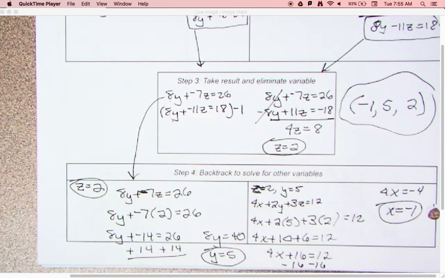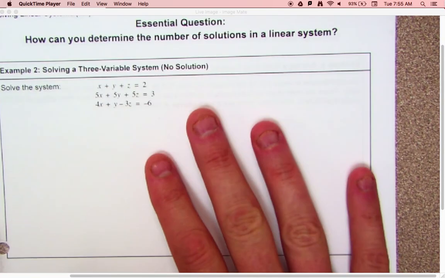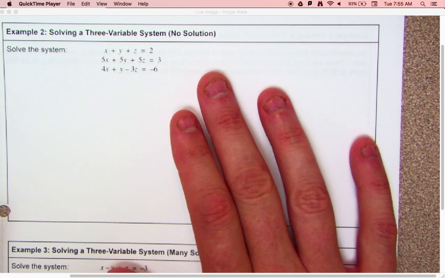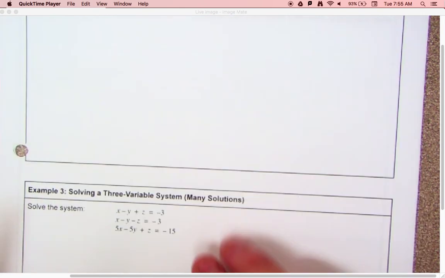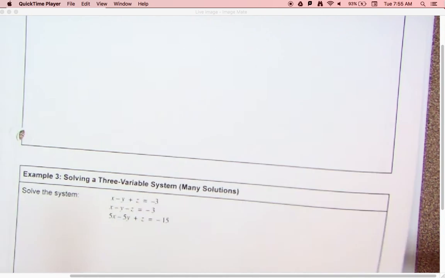All right, like I said, we're going to go over some specific examples tomorrow. So just 3 examples we'll cover tomorrow. We'll cover this page to show you what happens when we have no solution. You're going to like this because you get to stop halfway through. Many solutions, same thing, because you get to stop when you're halfway through. And then at some point we will